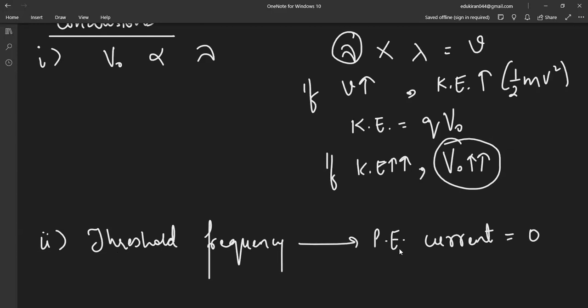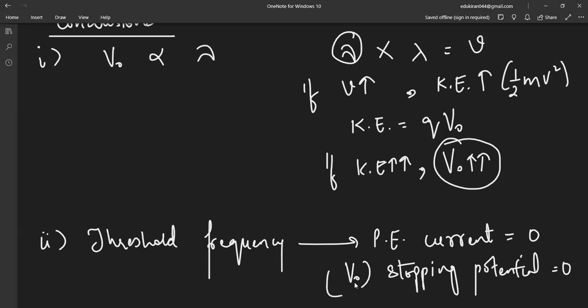So when photoelectric current becomes zero, the stopping potential is also zero. That is, the cutoff potential is also zero. This was also one very important conclusion. Apart from this, there were two more conclusions drawn,